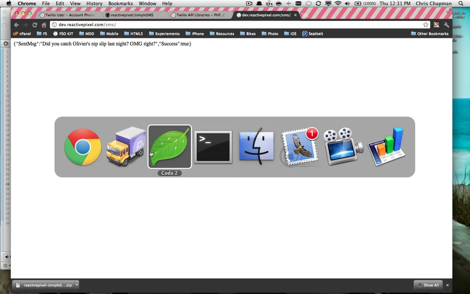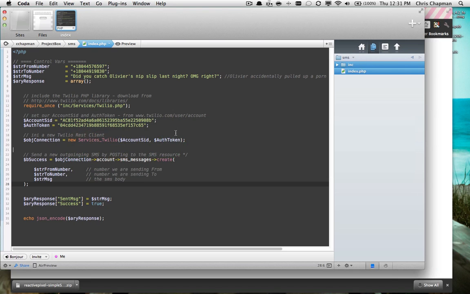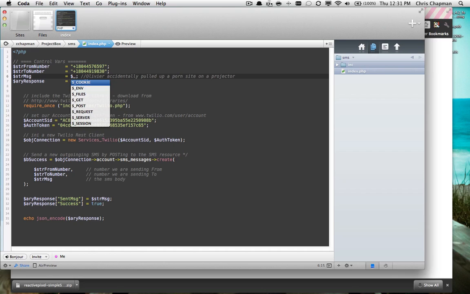So let's look at how we can jazz that up just a little bit. So let's say, instead of just making that message, let's look at the GET array and say message. Okay, so what this is going to do, it's going to look at the GET variables in how we pass stuff to this. So we could use a form with a method of GET and a text input of message that'll put that through, or we could use POST and then method POST on the other side. But just for my demo here,